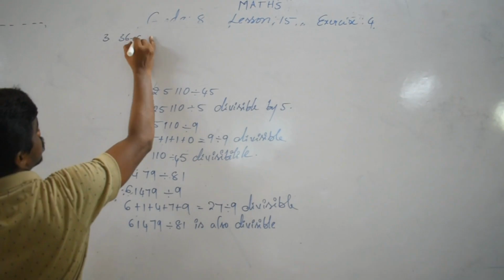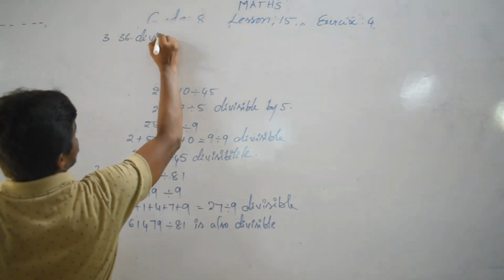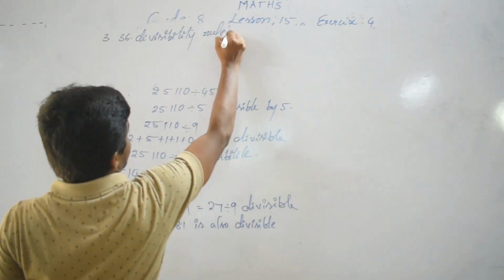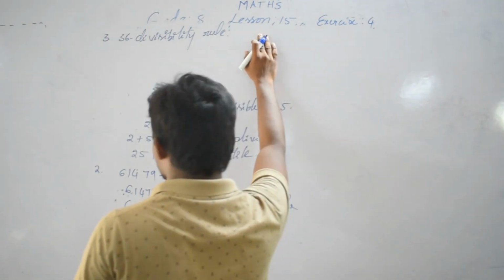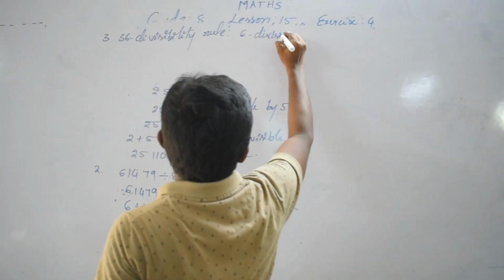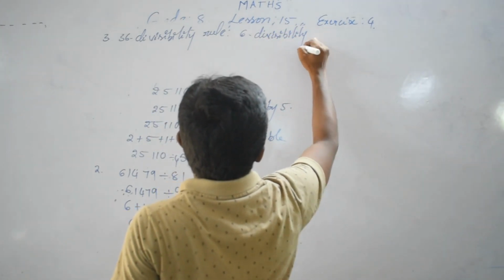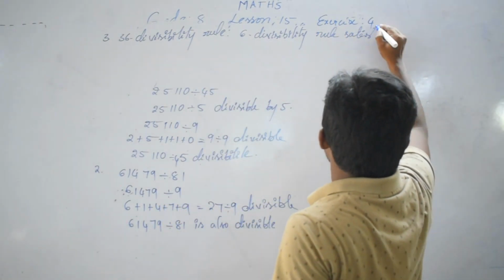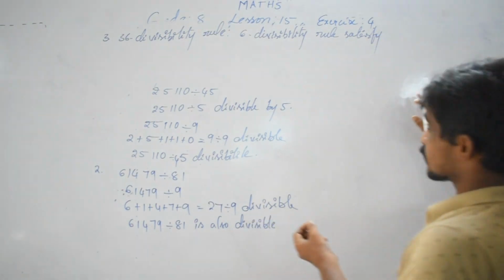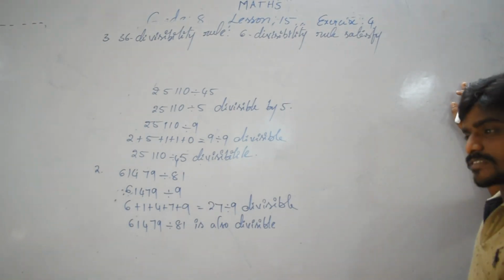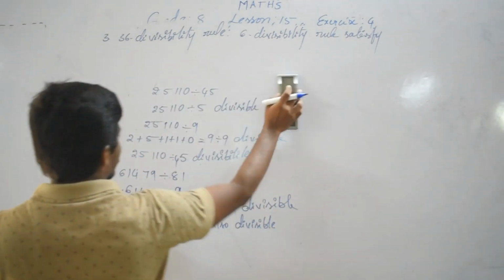Divisibility rule of 36. So what is the 36 divisibility rule? If a number satisfies the 6 divisibility rule, that number is also divisible by 36. So here